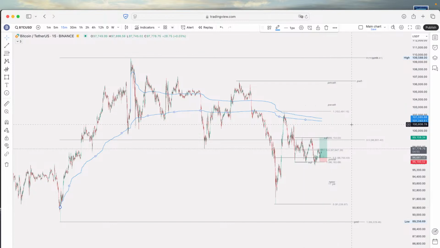If we see this movement in the market, the next target for Bitcoin will be